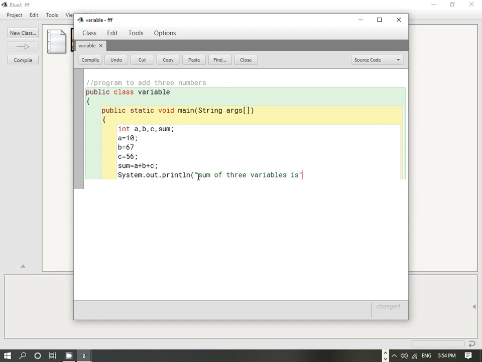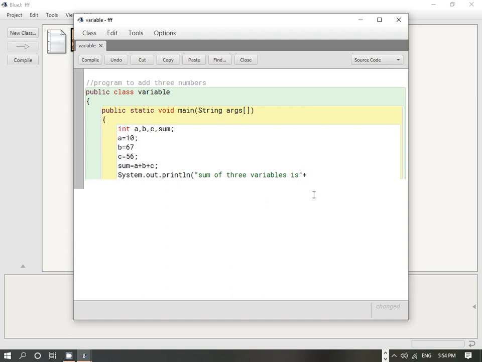Now inside this inverted comma, whatever you write down, that will be printed as statement. So this totally depends upon you what you want to print. Like here you can also write down sum is, or you can write down sum of a b c is. So this is totally dependent upon the programmer.